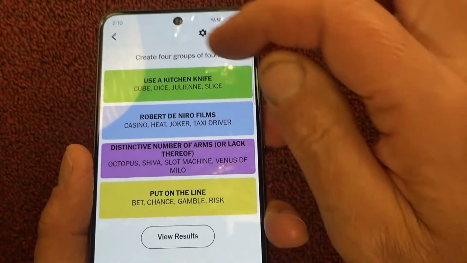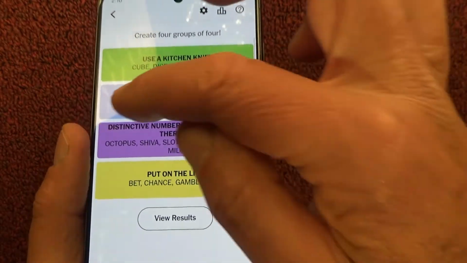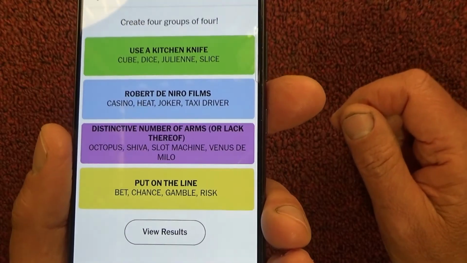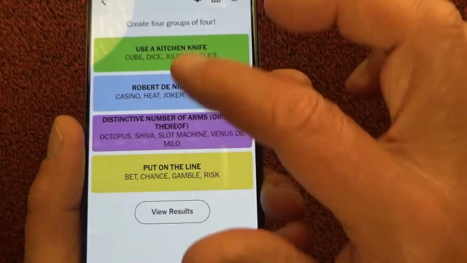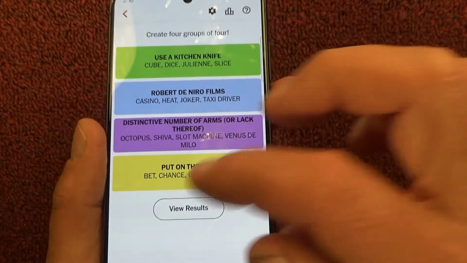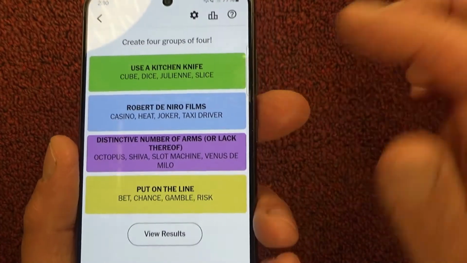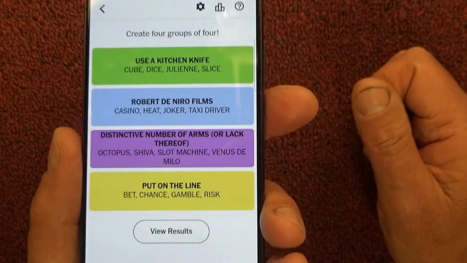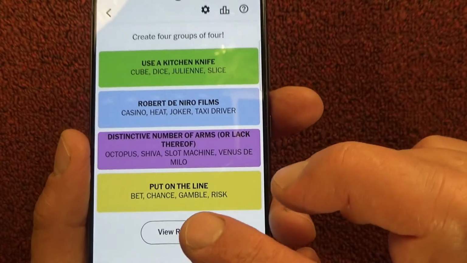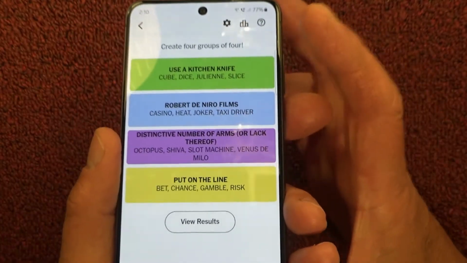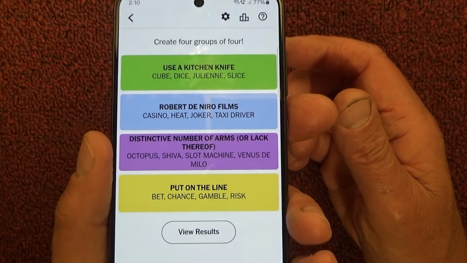And you can see there that if you look through there, then, well, dice, throwing dice is to do with gambling. There's casino there, which is gambling, slot machine as well, which is to do with gambling. So you can see there that often, once you realise it's to do with gambling, you'll have other words that have a double meaning that could be part of gambling, or they could be part of another one of the groups of 4. Okay, so there we go. That's how I solve the Connections game when I'm struggling to work out the connection.